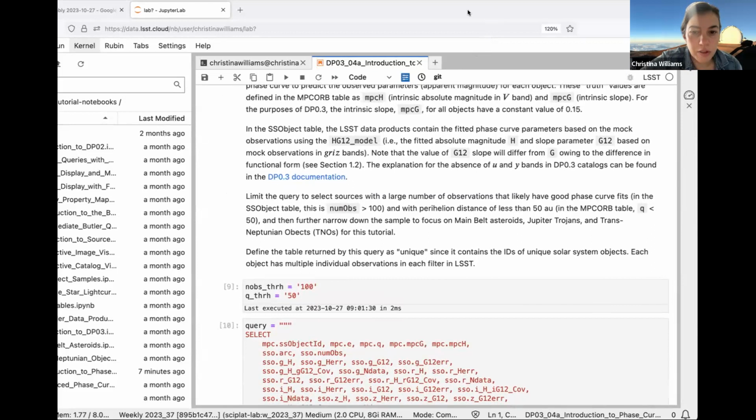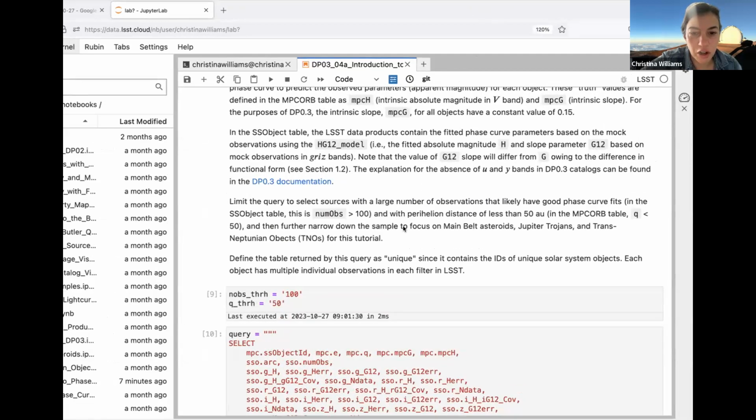To do this, we're just going to start by picking a select number that we think are going to have good measurements. So we choose some that have a number of observations greater than 100. That means that they're going to be well sampled by the LSST simulated data. And then we pick some that are at a perihelion distance or Q of less than 50 AU.